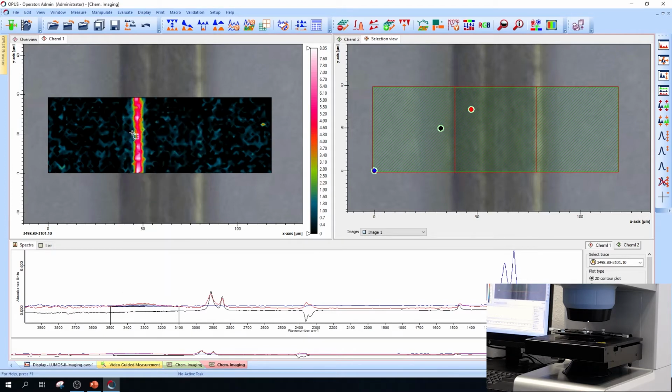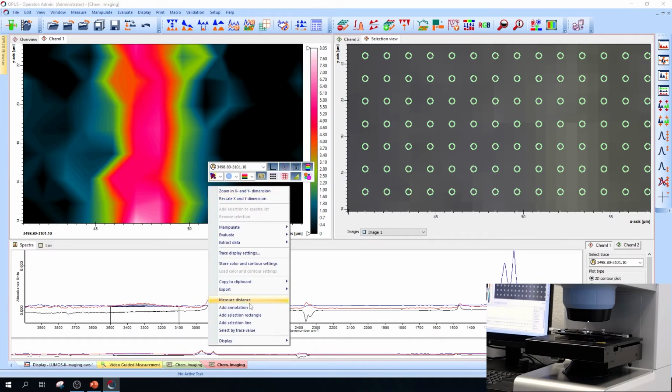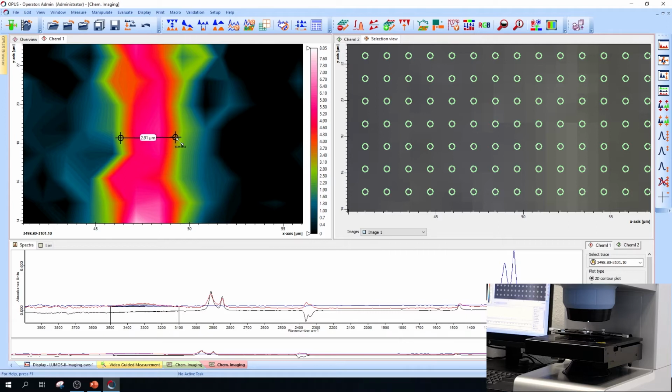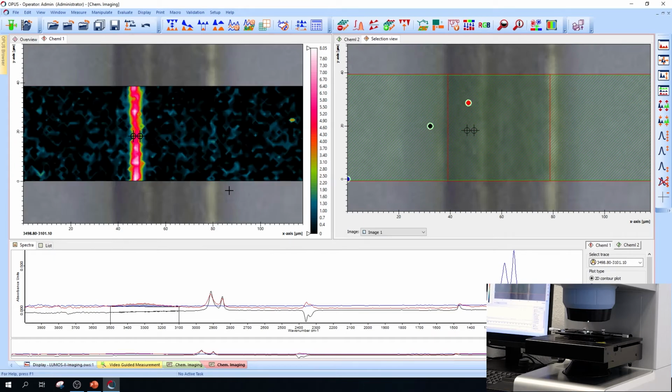And if we now zoom in, for example, in this area, we get also the possibility to measure the distance to see, okay, from here to here. And then we see, yes, this area is really something what we're talking about. So in this case, 2.5 micrometers. So this is really, the estimation fits quite well. So this is really a proof for the EVOH layer, but also a proof that such small and tiny samples can really be analyzed by ATR imaging in combination with this focal plane array imaging detector.